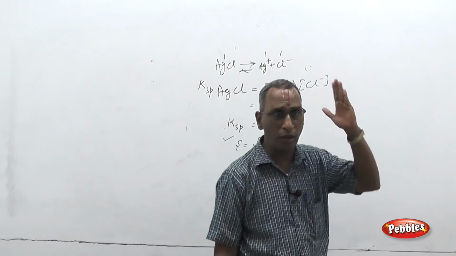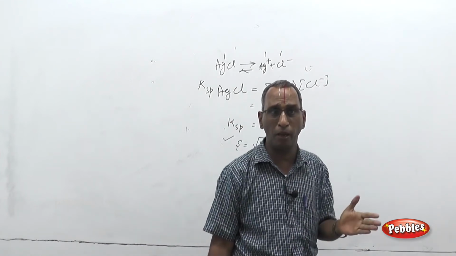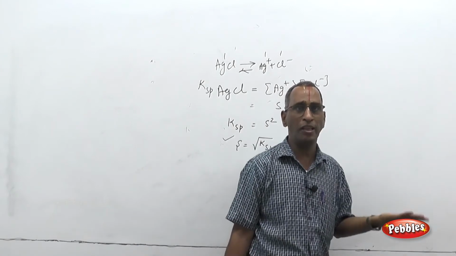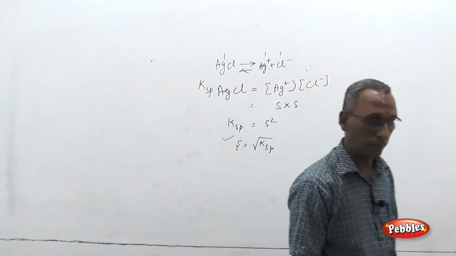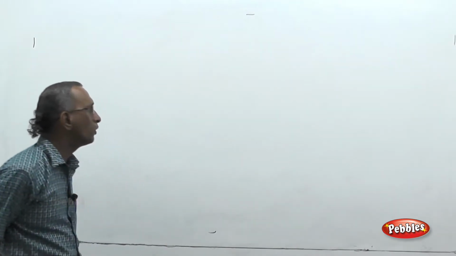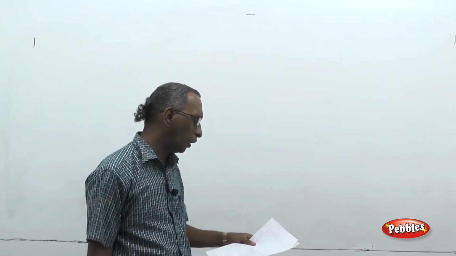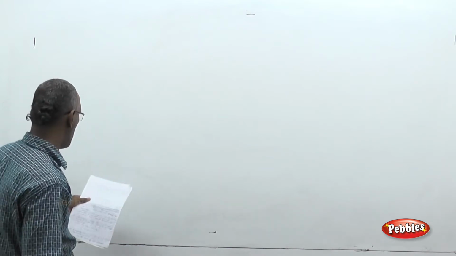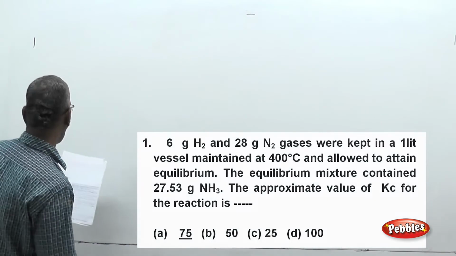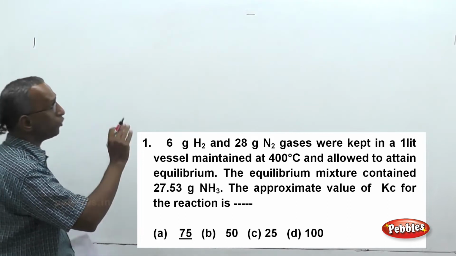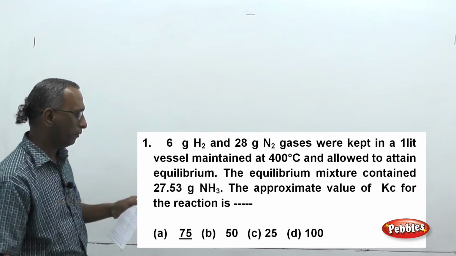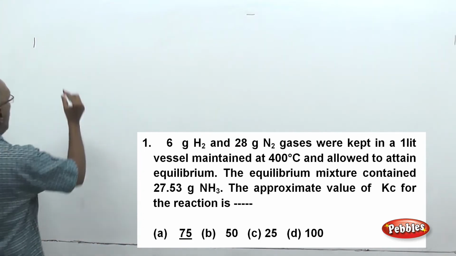So far we have consolidated different aspects of ionic equilibrium. Now we can do some sums and questions along these lines. We will see some questions on chemical equilibrium as well as ionic equilibrium. First on chemical equilibrium, this sum is based on the calculation of the equilibrium constant, that is Kc. So this sum reads that